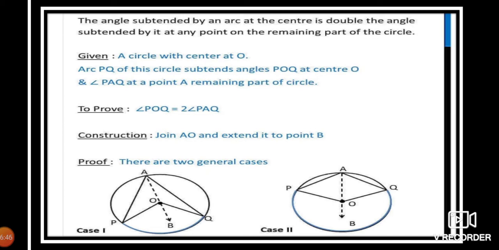Observing these two circles, case 1 and case 2. In case 1 we have to observe arc APQ, next arc AOQ. AB is the one construction line, O is the center. In case 2 you can observe PAQ, that is 1, POQ, that is 1 arc. AB is the one construction line. What we have to prove now: angle POQ equals 2 angle PAQ. Where is the POQ, students? Where is the PAQ?